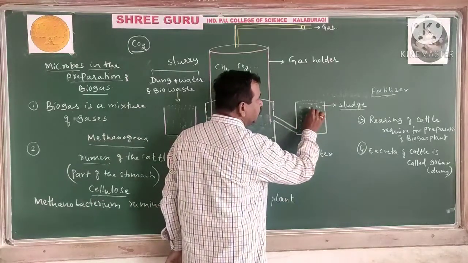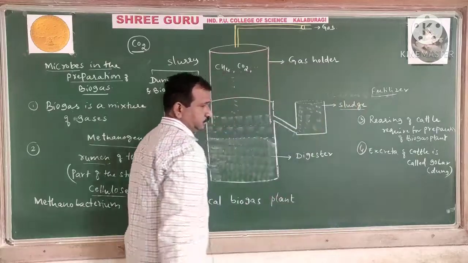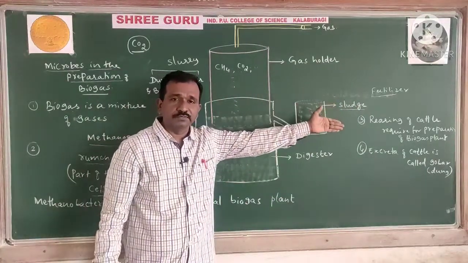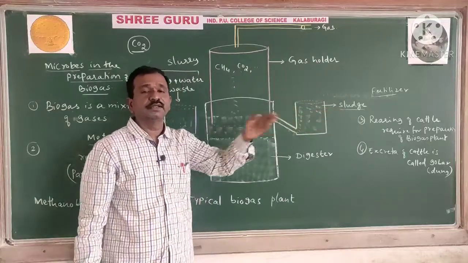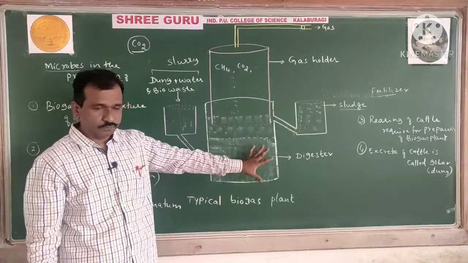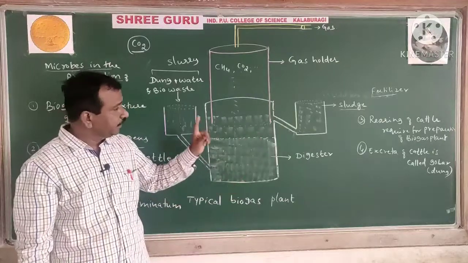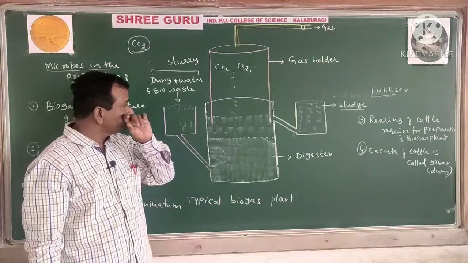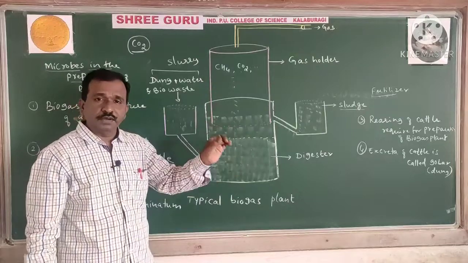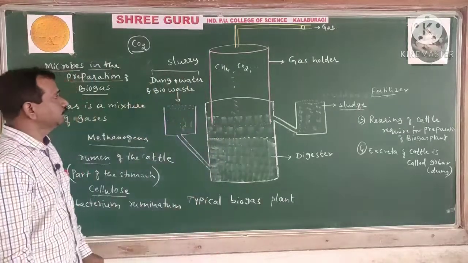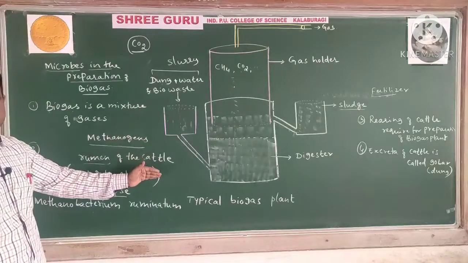From this outlet, it is normally sent outside, and that is acting as fertilizer that does not contain any gas. Have all of you followed? So this is the tank, very important. The explanation is there, plus the diagram is also there. It is a 5 mark question and is important. This is very important and has been asked several times in the examination.